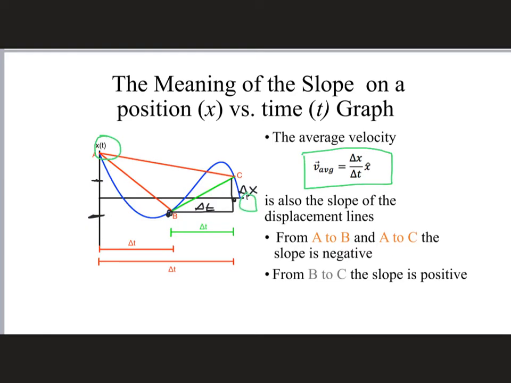And so if I want to plot position versus time, the slope of the line is going to represent the average velocity between any 2 points. Now, if we look at the 2 red lines that we have here, the one from A to B and the one from A to C, those have a negative slope. And so that would indicate negative average velocities, but the slope from the B to C is actually a positive slope, and so that would indicate